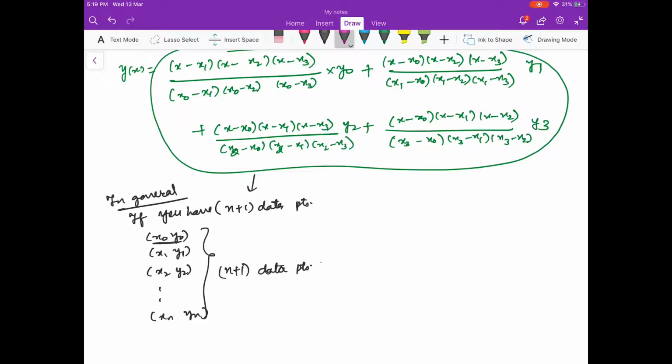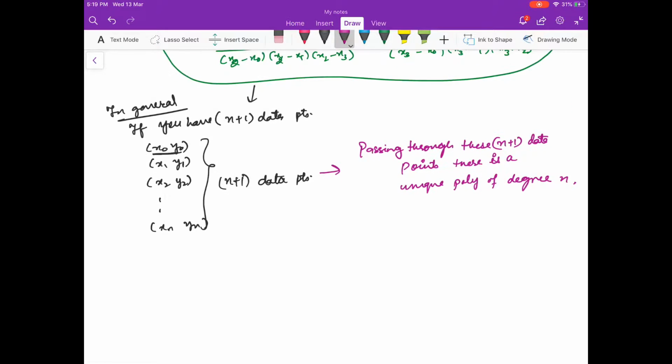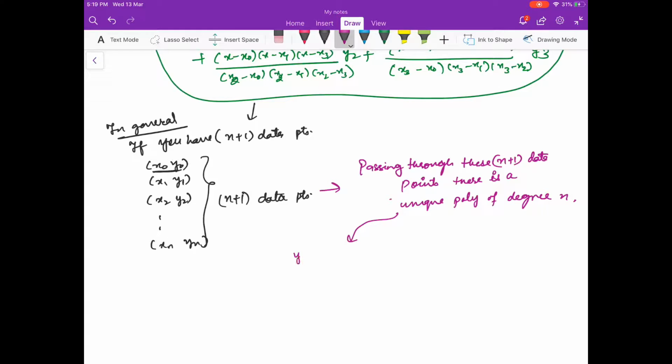Passing through these n plus 1 data points, there is a unique polynomial of degree n. Now how can I write that polynomial? I claim it can be written as y of x is equal to L0 of x times y0 plus L1 of x times y1